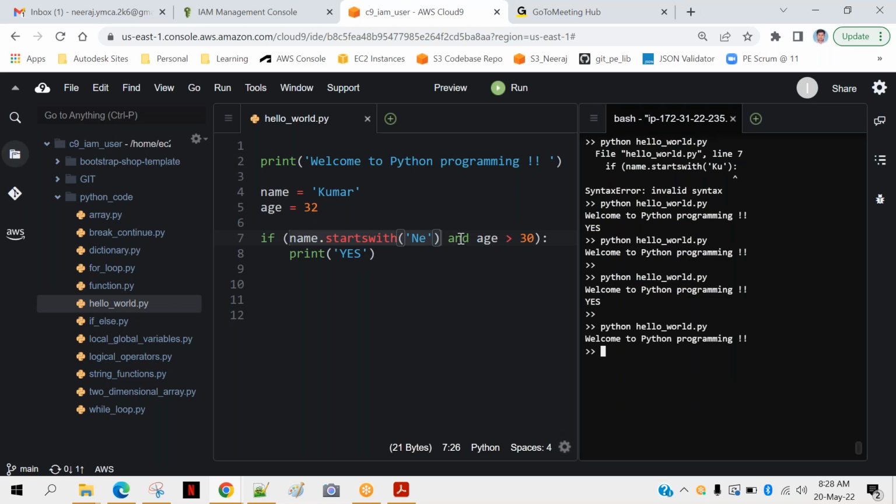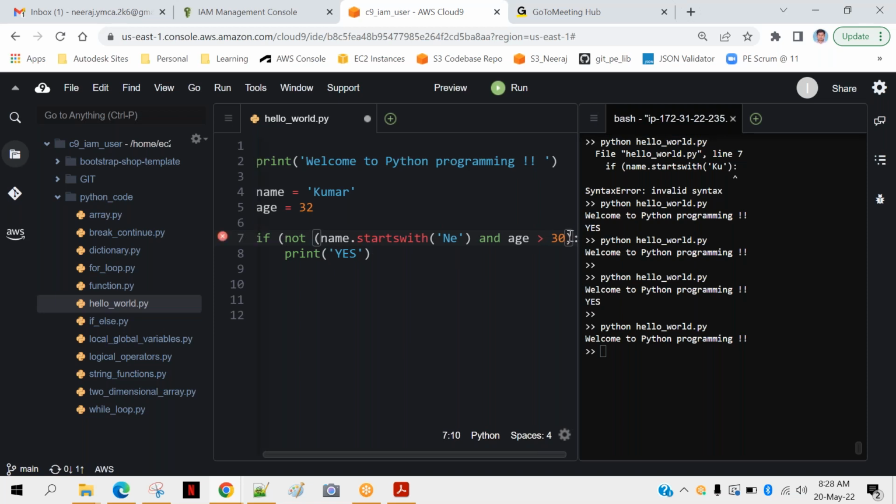So this is an example of using the AND operator, the OR operator, and one more operator is there, not. Let me show you that also. If you want to put a not in front of everything, you can do that, and then put this condition like this. That means it will first evaluate the internal part, and then it will do the reverse of that.